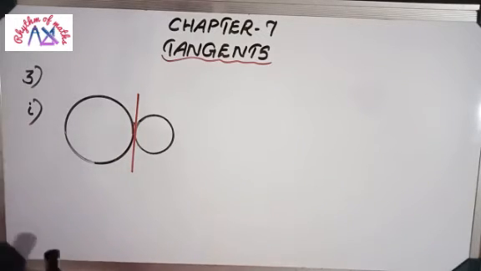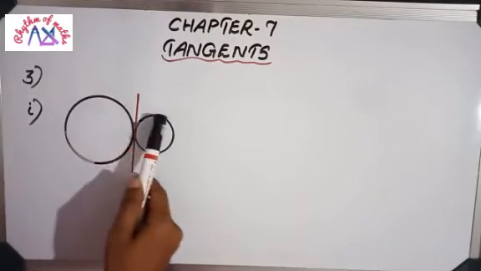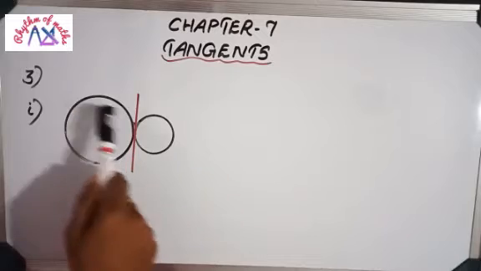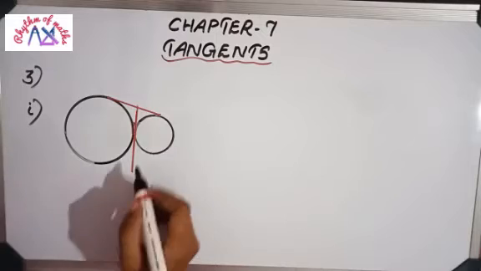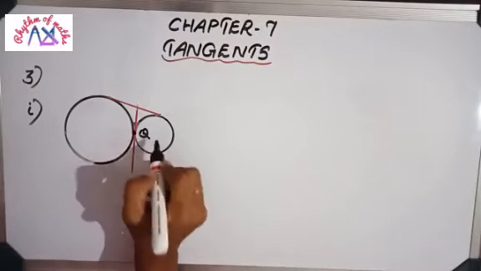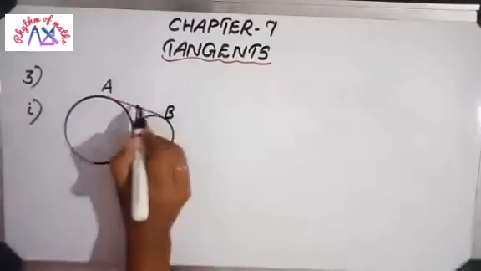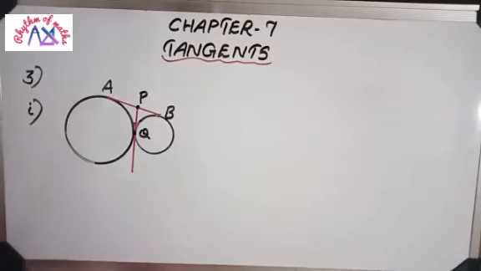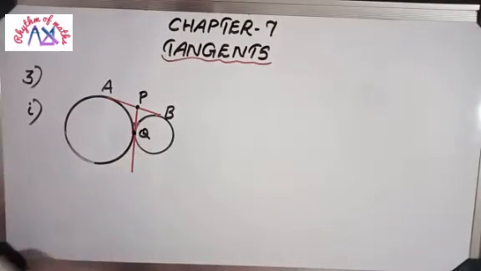Now our first sub question is, this tangent bisect another common tangent of the circles. Okay, this is the next common tangent. Let's mark the points as the common point. Here the common point let's consider as Q, this tangent as AB and this point as P. So PQ is a common tangent and AB also a common tangent of these two circles.